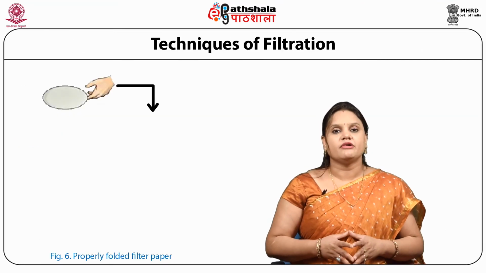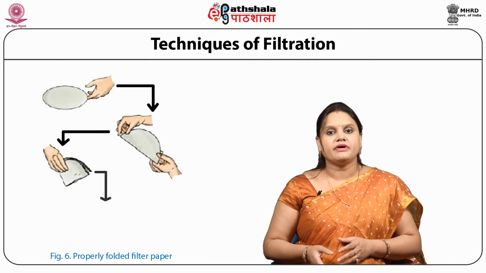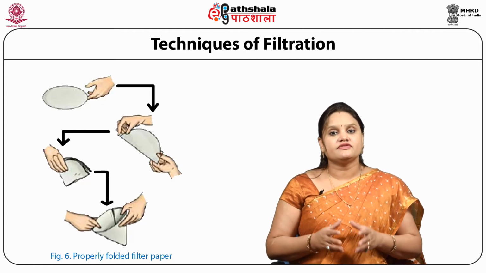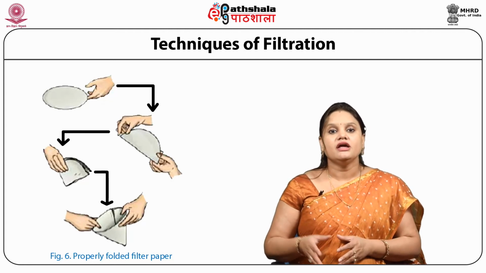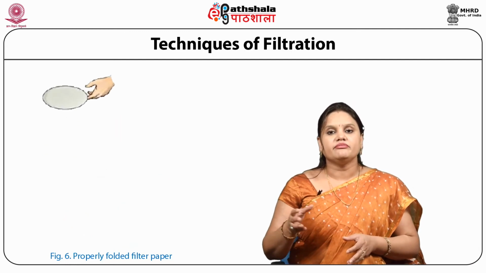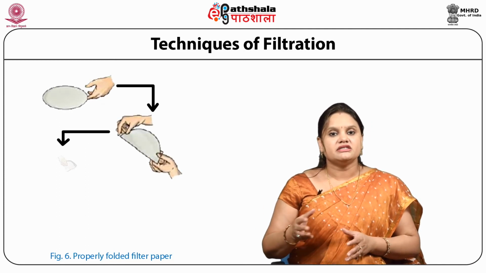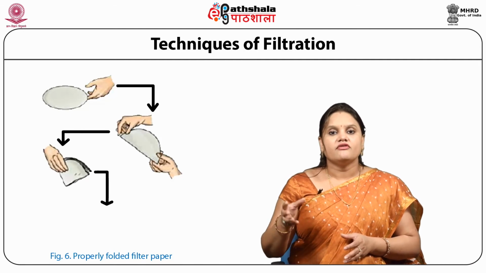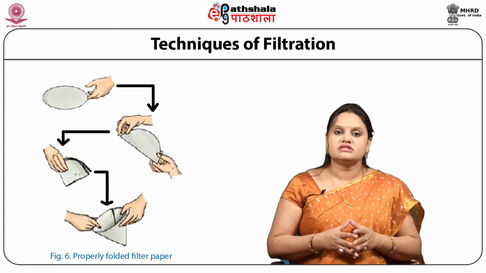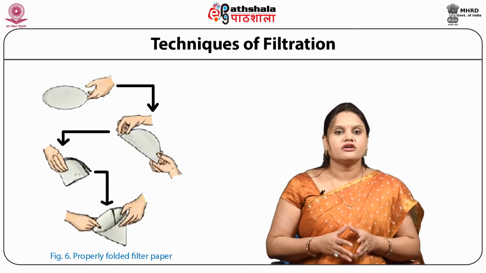Here we are discussing the techniques of filtration. By proper fitting of filter paper, the rate of filtration can be increased. The filter paper is folded in the shape of a cone with overlapping edges of 2/4, not quite meeting, 1/8 inch apart, about plus or minus an inch turned away from the corner of the inside edge. This will allow a good seal against the funnel to prevent air bubbles from being drawn in.